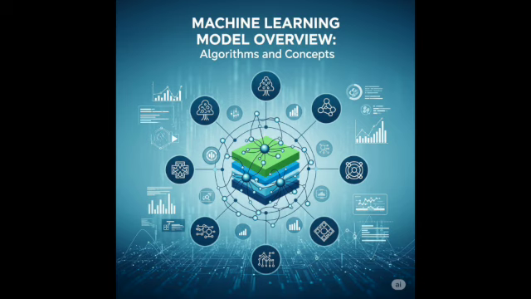Understanding this kind of tangible problem helps us see exactly where each algorithm we're discussing fits into the bigger picture. So, if our mission is to predict a specific numerical value, like a house price, what kind of machine learning task are we actually engaged in? Are we classifying things, or is it something else entirely? Because I know those terms can get a bit confusing for someone just starting out. That's a fundamental distinction, and you've hit on a crucial point. When we have labeled data, meaning we already know the actual housing prices for our training examples, and our ultimate goal is to predict a continuous numerical value,